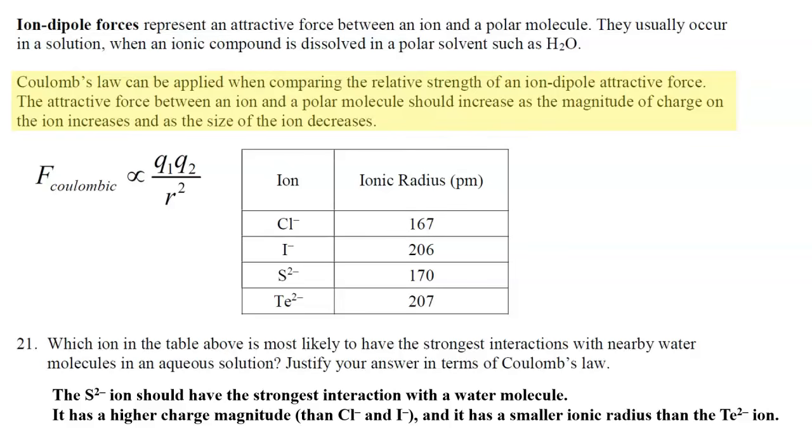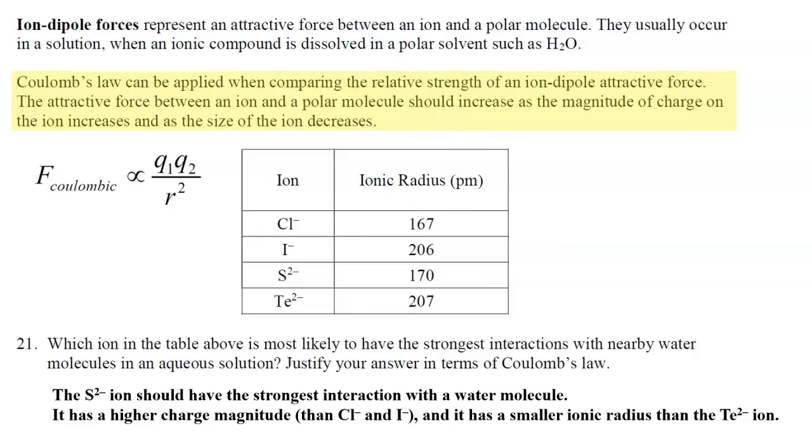The attractive force between an ion and a polar molecule should increase as the magnitude of charge on the ion increases, that is the numerator portion of Coulomb's law, and as the size of the ion decreases, that's the denominator portion of Coulomb's law. So in this question from an earlier video, the correct answer was the sulfur 2- ion,